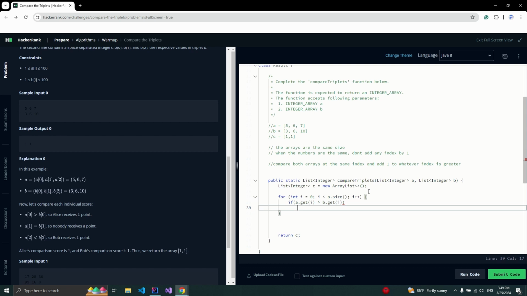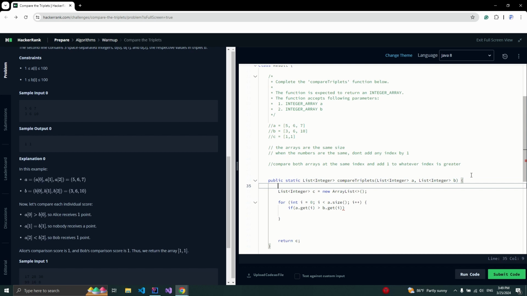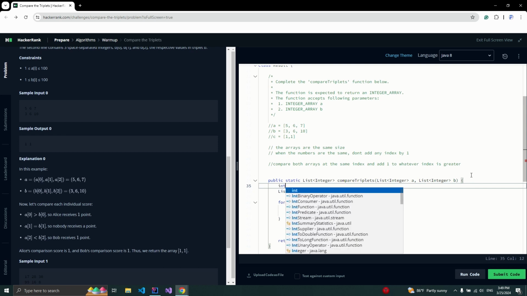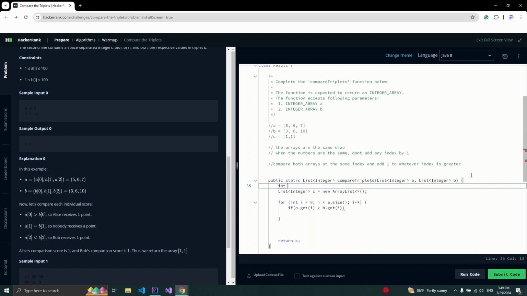I'm going to create, because adding one to an index in lists is kind of annoying. You would have to do c dot add all or c dot get plus. I think the best way to do this is just create two variables, and then at the end you increment the variables, and then you set